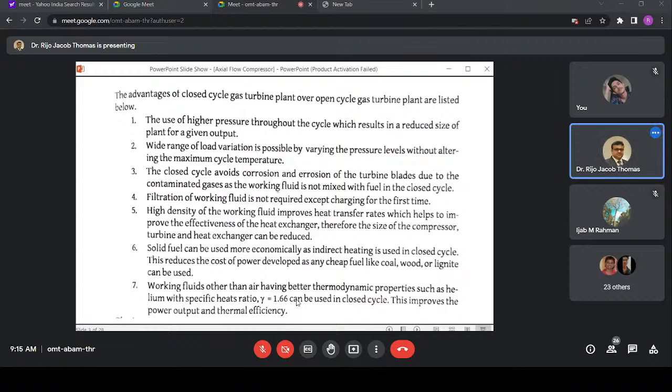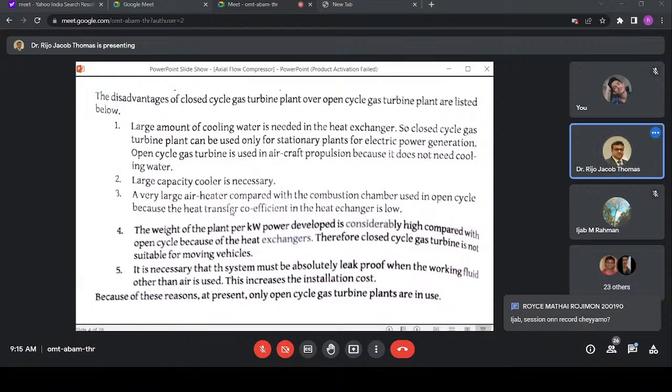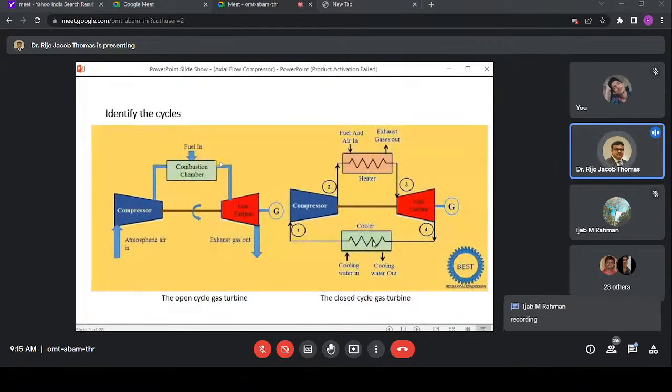Okay. Now there are disadvantages also. One of the major disadvantages is that we need a lot of water for cooling. Okay, you can see in this diagram, this has to be cooled down. Okay, because after